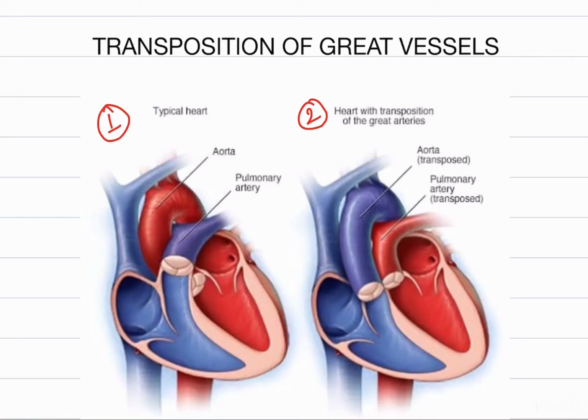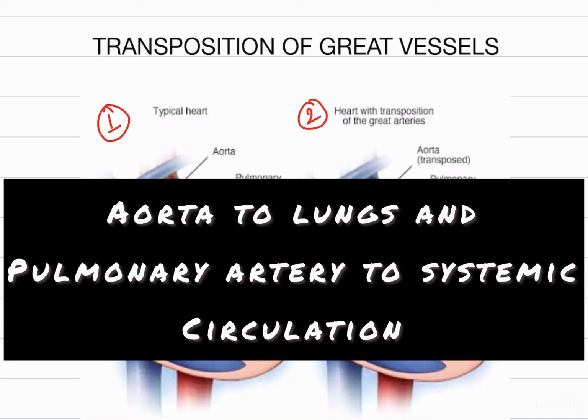So today we will be discussing a topic, transposition of the great vessels. Normally, the pulmonary artery comes from the right ventricle, whereas the aorta begins from the left ventricle. But in transposition of the great vessels, this gets reversed. So the aorta begins from the right ventricle, and the pulmonary trunk begins from the